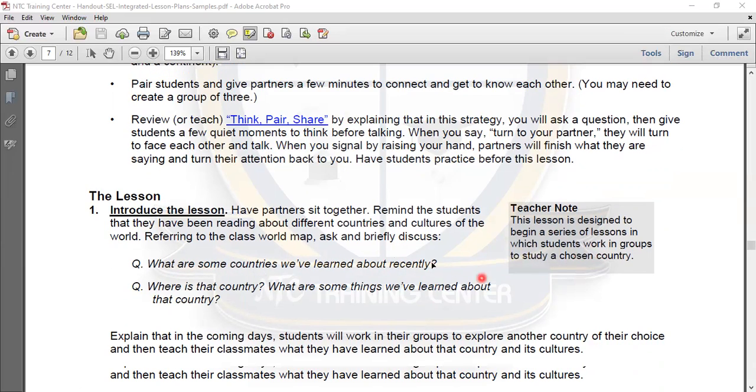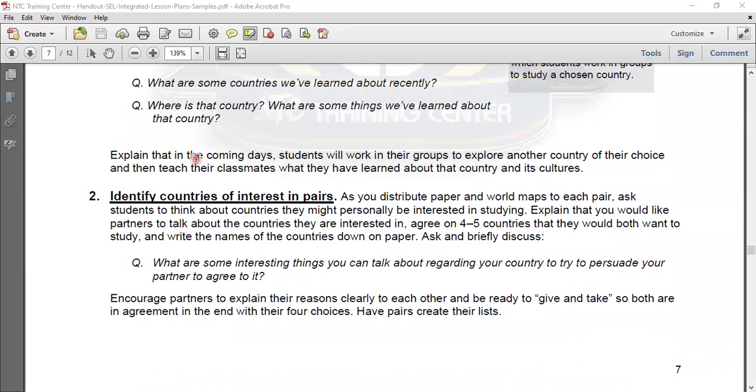Explain that in the coming days, students will work in their groups to explore another country of their choice, and then teach their classmates what they have learned about that country and its cultures. To identify countries of interest in partners as